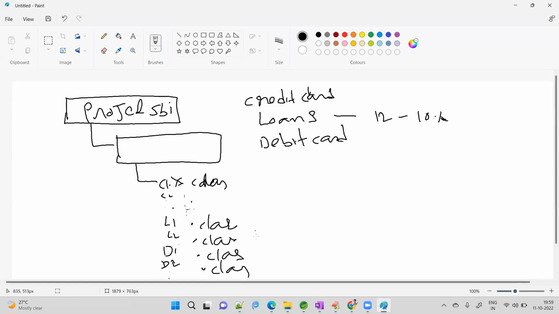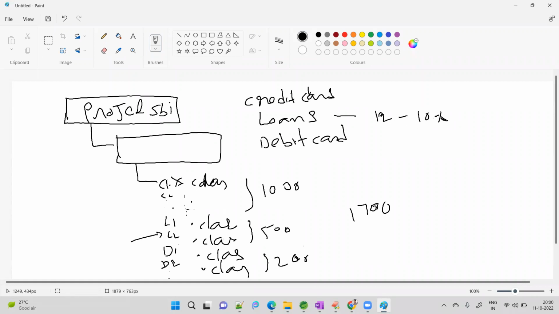There are loan classes, nearly 500. Credit card classes are 1000. Debit card is 200. These loans-related classes we have to search in the total 1700 classes. In the 1700 classes, we have to manually go and check which class is really doing this loans interest rate logic. Identify that class, change 12% to 10%, test again, and deploy again